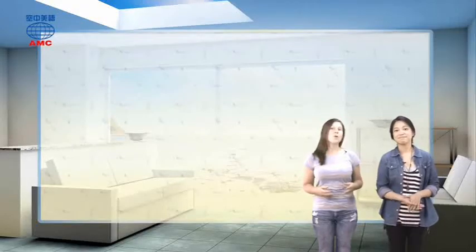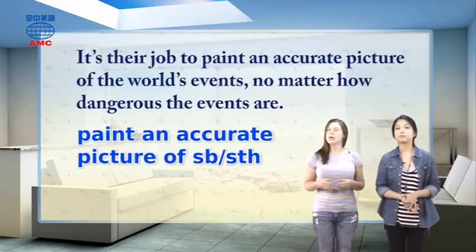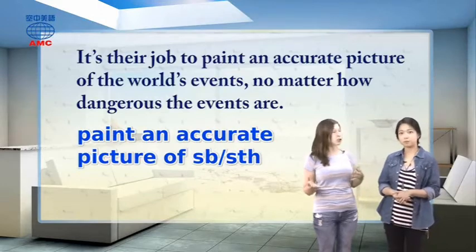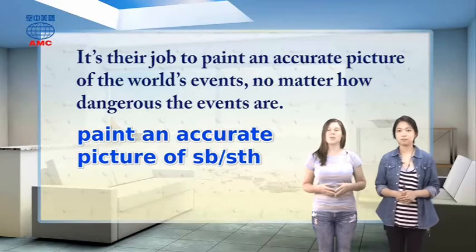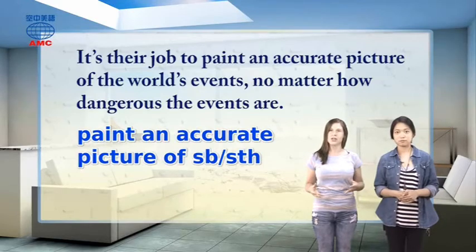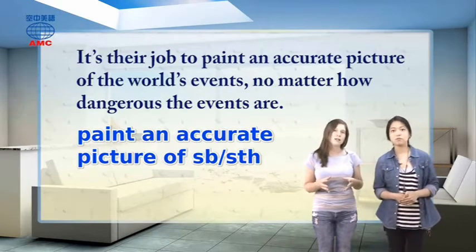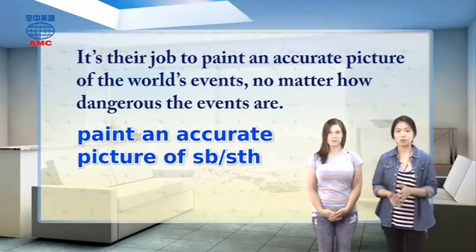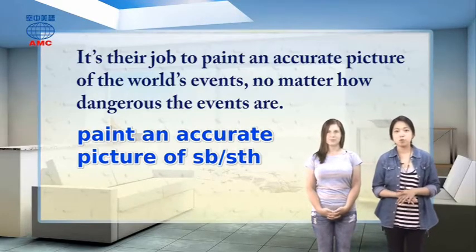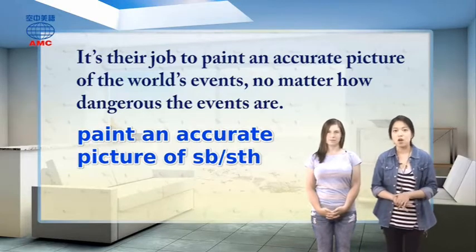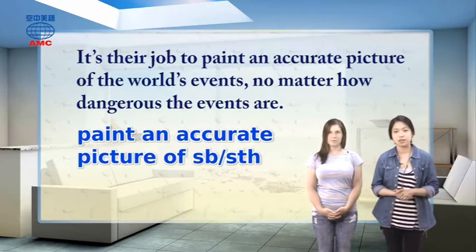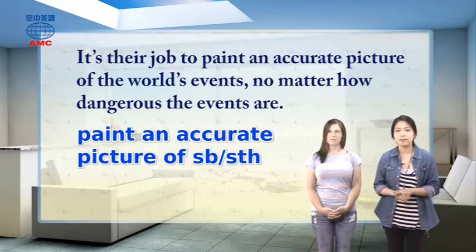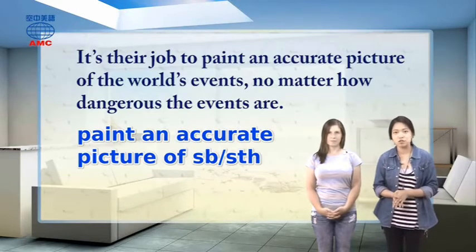Okay, welcome back. So when you paint a picture of something, you're not actually painting, you're just showing an event or a feeling in a certain way. Here, photojournalists paint an accurate picture of the world, which means they have to show the real event, not something fake. 透过这个影像记者的照片，我们几乎可以像是在现场一样，我们用 paint an accurate picture of the event 这样子的句子来表示照片就是如实的呈现或是如实的捕捉，and it's their job no matter how dangerous the events